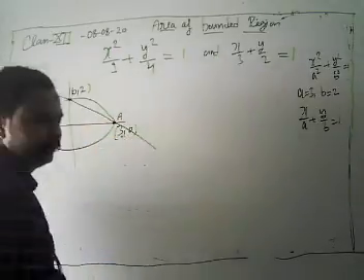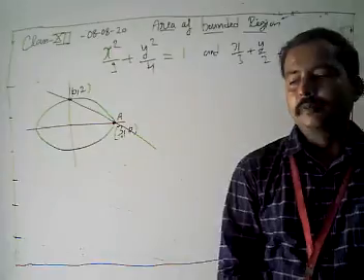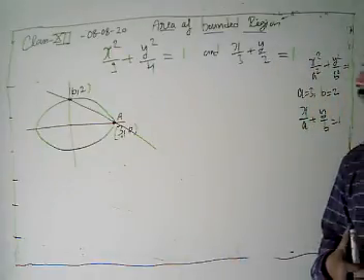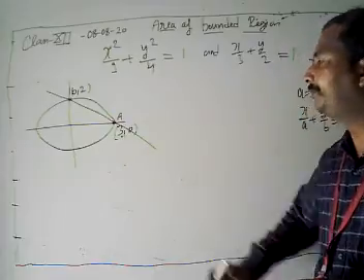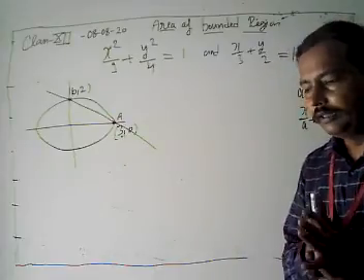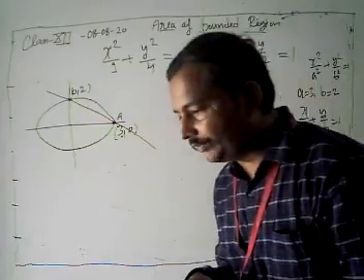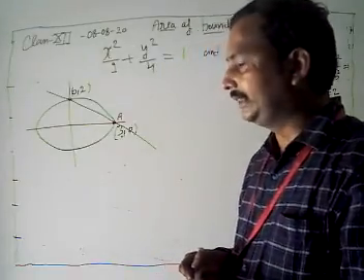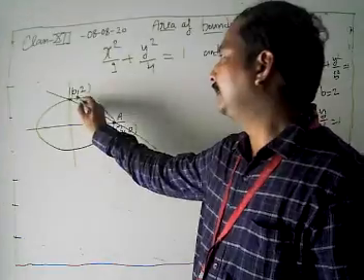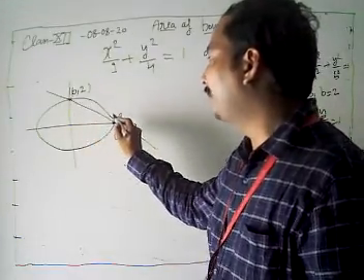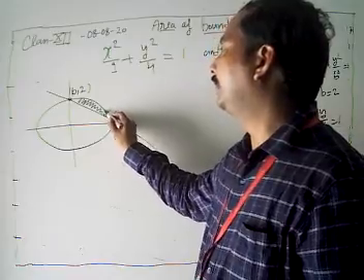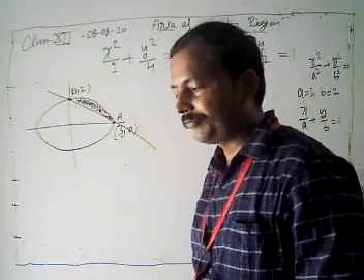Now look, according to the given information in the problem, we have drawn the graph. But we have to find out the area of the smaller region bounded by the ellipse and the straight line. Look, the ellipse and the straight line, and this area is smaller, so we have to find out the area of this smaller region.